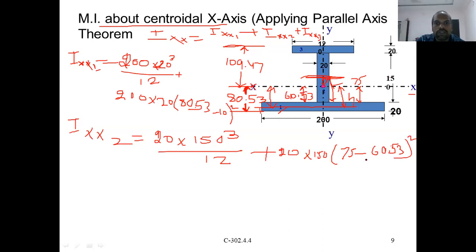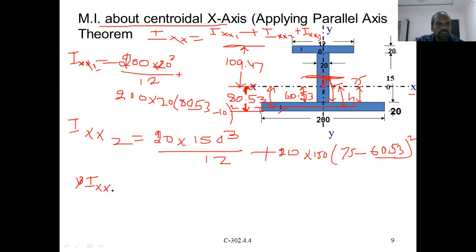Okay, so this is how you have to calculate. From here to here the centroid is at 75, right? And this section's centroid lies at a distance of 60.53 from the bottom, which is 80.53 minus 20. This 75 minus 60.53 is nothing but the distance between the centroidal axis of figure 2 and the centroidal axis of the entire section, capital XX, right? Similarly, Ixx